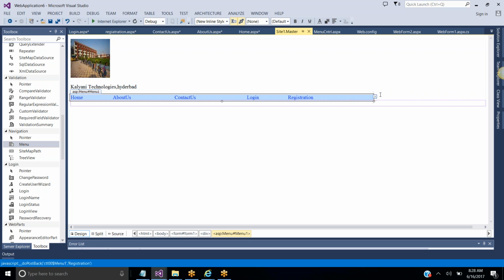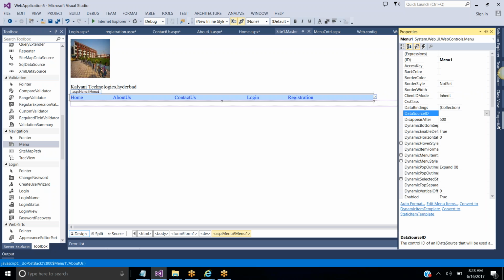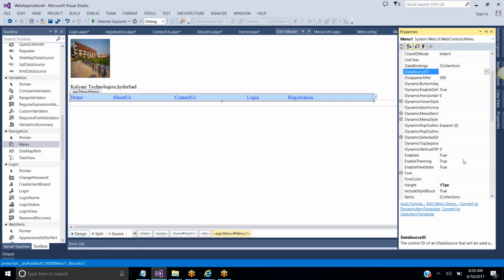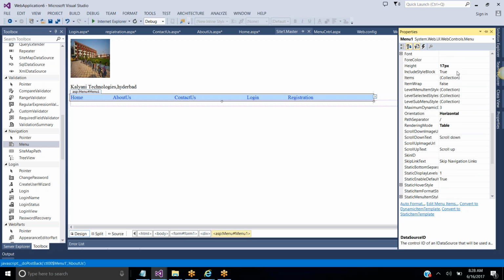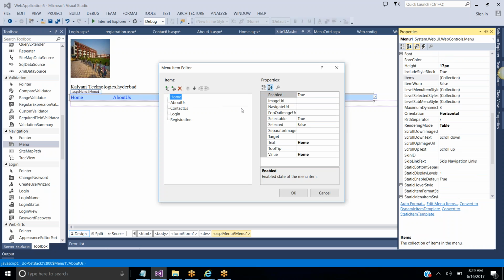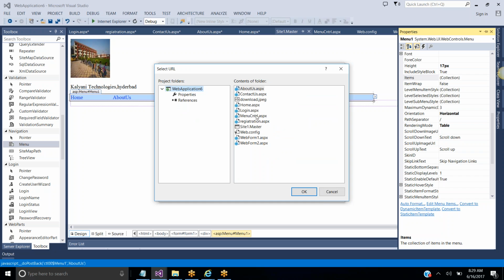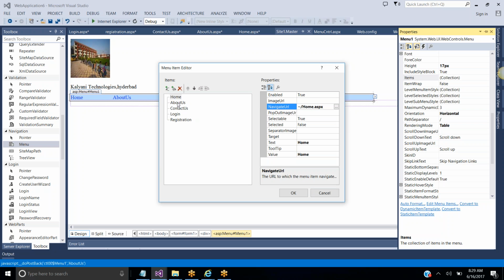Now the thing is, home needs to redirect to the home page, about us needs to redirect to the about us page, and likewise contact us, login and registration. Now we can point each item to the corresponding page name. Here I'm going to the items property. In the items property, we have a collection. In the collection, home needs to navigate to home.aspx, and about us needs to navigate to aboutus.aspx,